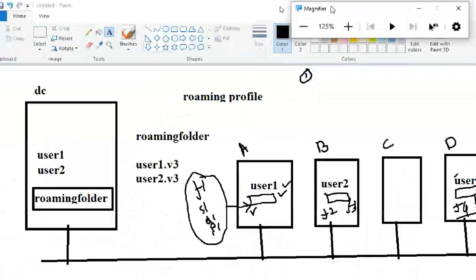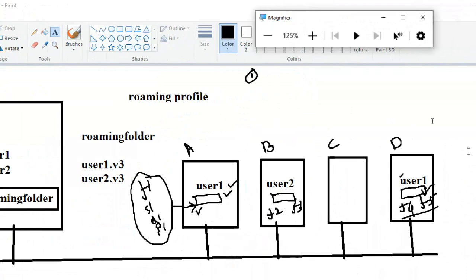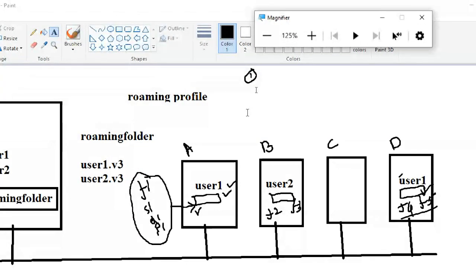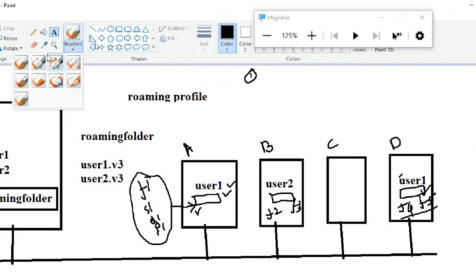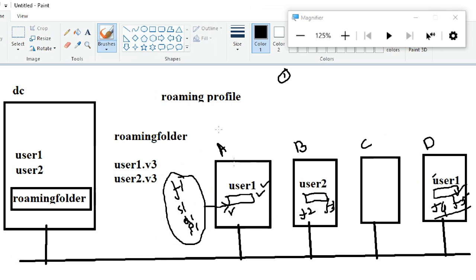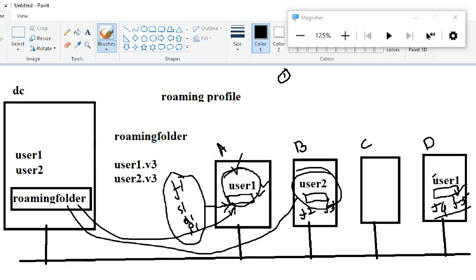Now, guys, just for understanding, we should not do it like this, but for understanding: one candidate from one of the previous batches, three years back, wanted to verify this. First he logged in on one PC and created some data. Then he logged out from this PC and logged into another PC, verifying whether the data is syncing from here to here or not. Once you log out, the data is stored here, and he logged into another PC and verified it.